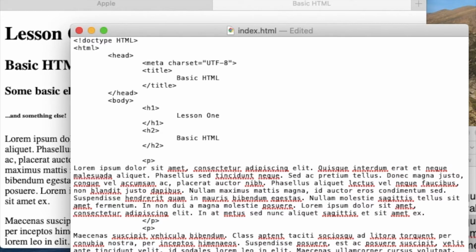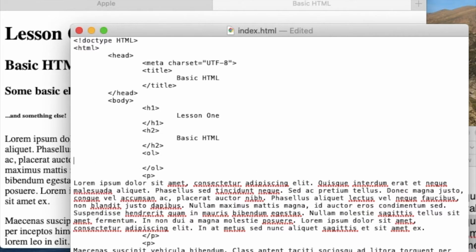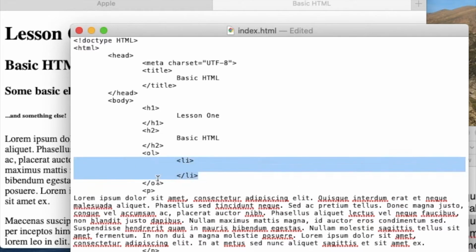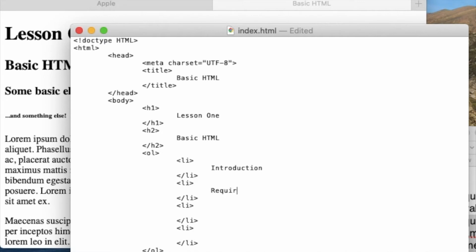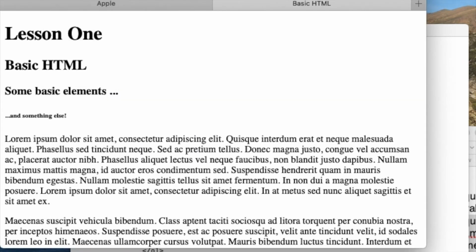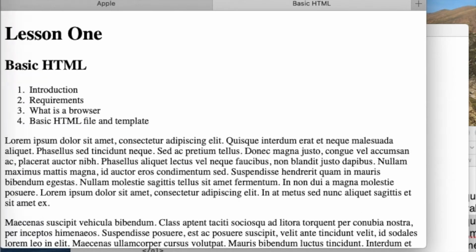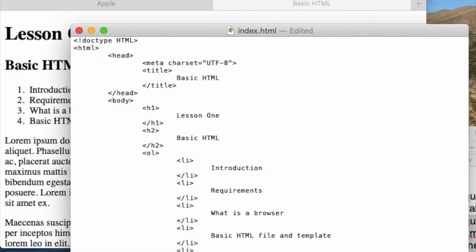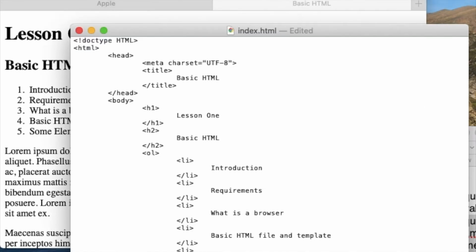So we're going back to our index page. And the tag name for a numbered list is OL, it stands for ordered list. And in an ordered list, everything in there is LI for list item. So we'll add a few tags in there and then put our list items in there, some elements,